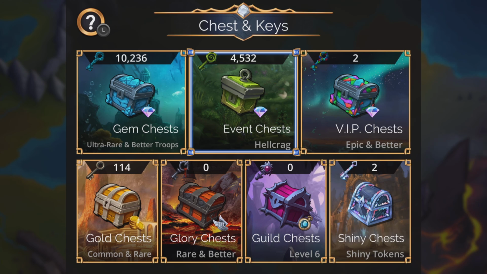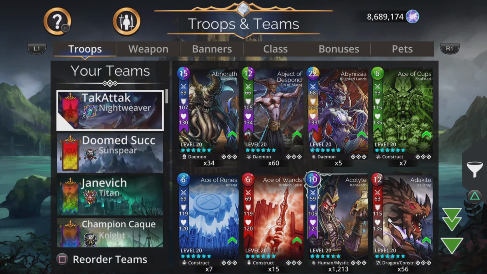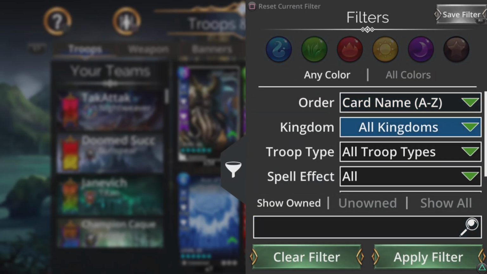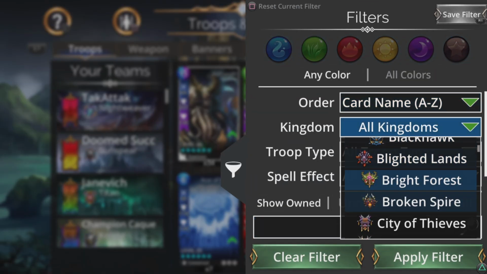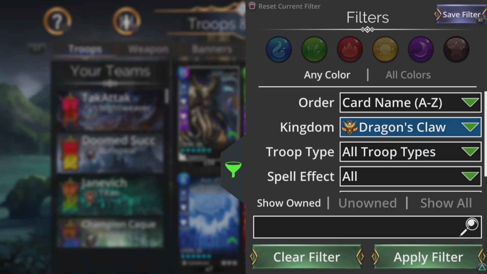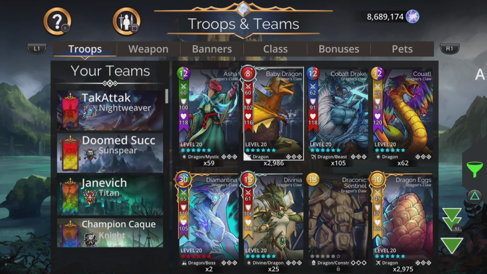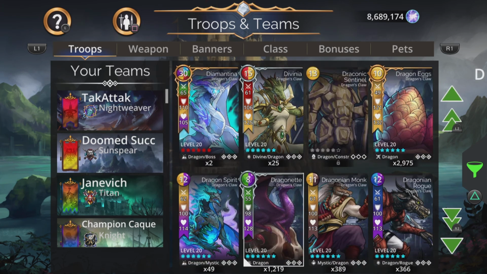Currently that is Hellcrag, because Hellcrag is the current kingdom of the week, but come Monday that is going to change to Dragon's Claw. What you can do to take advantage of this is take a look and see if you're missing any troops from that current Kingdom of the Week. Like I say, that would be Dragon's Claw from Mondays. We can go to Dragon's Claw, pick Show All or Unknown. I'm going to go to Show All, apply that filter, and this will bring up all our troops from Dragon's